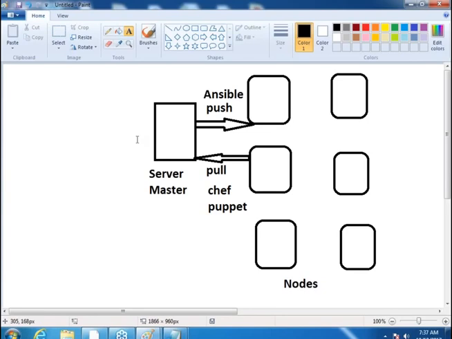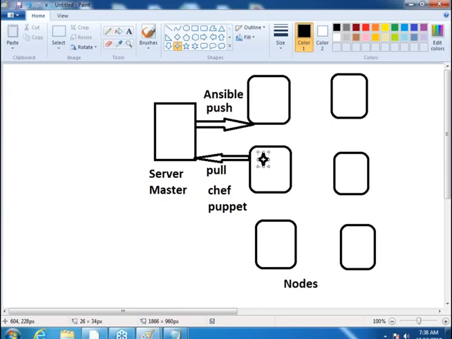And any Linux system by default will not have this knowledge, so I should ask the server because it is not aware of that, right? So whenever you are going with pull models, all of your servers will have certain software installed in the nodes. How will it come to know that it has to ask the server? For that reason, we would have a software installed on your production servers.